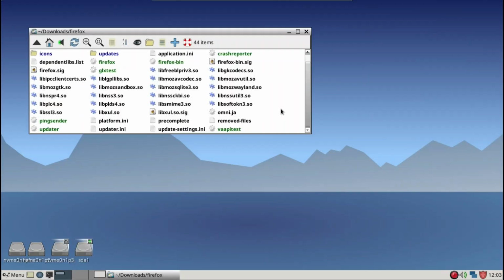Okay, it just crashed. So now we're in the folder, and we'll go ahead and fire up the Firefox,